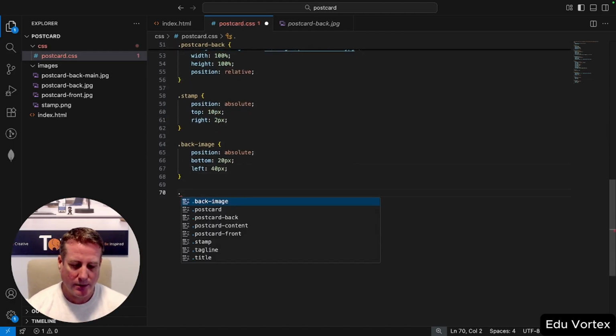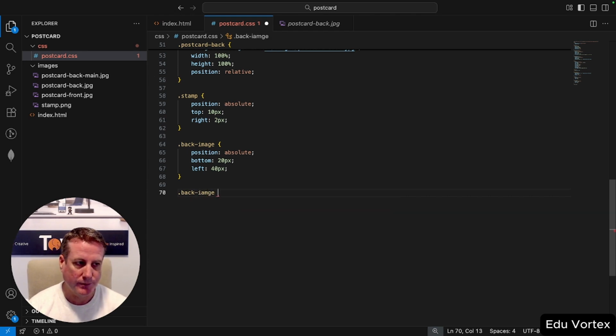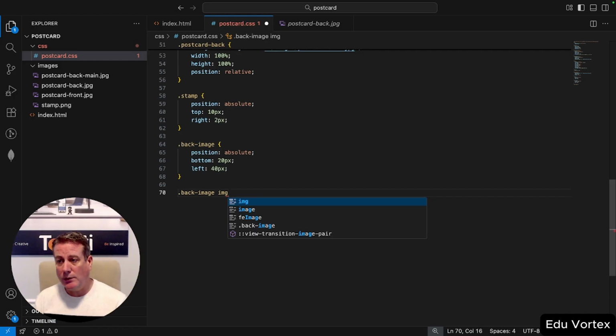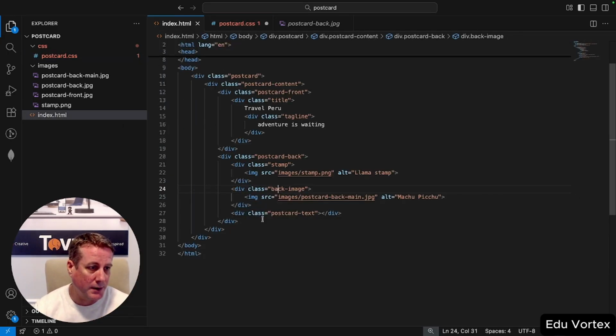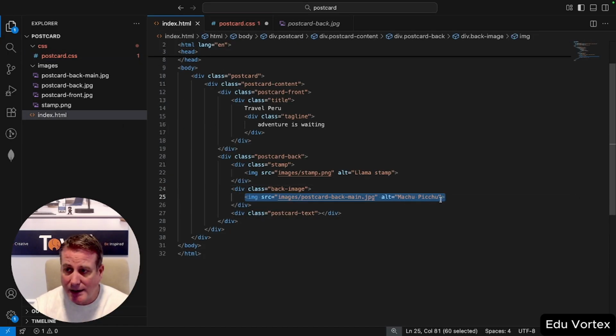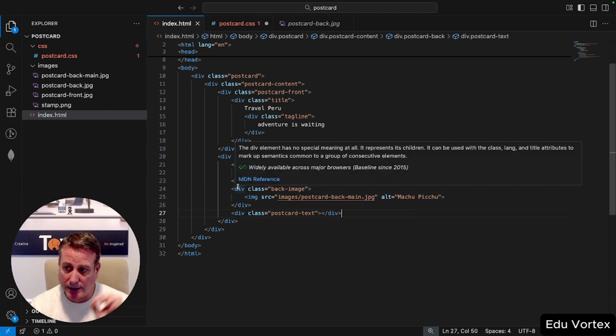So we're going to go back image. And then we're going to just reference the image tag. Okay, this is one way to do it. And again, I could do this in other ways. I could give this image tag, this one right here, I could give it a class. And I could just give some CSS styling to that class. Totally work. But what I wanted to show you is that you can go ahead and also do CSS through